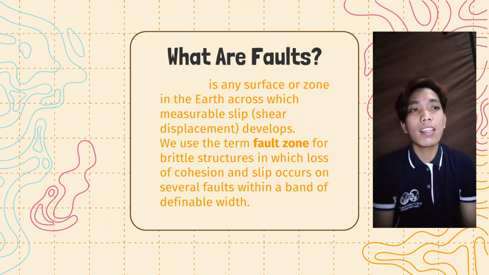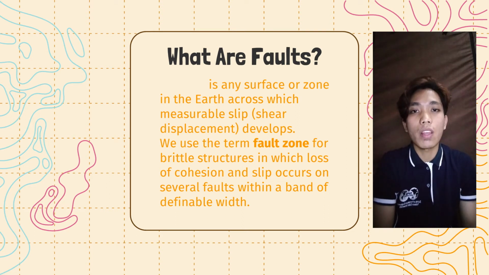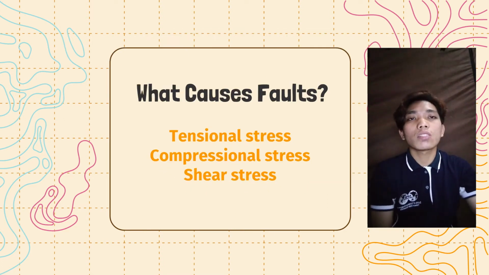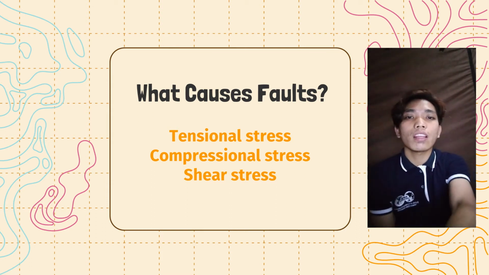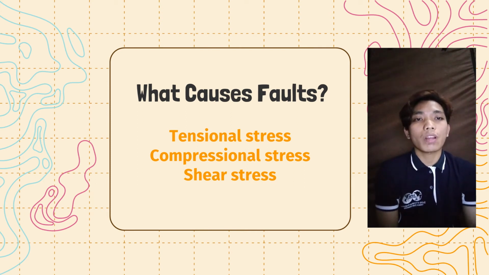So faults are cracks in the Earth's crust where movement occurs on at least one side. In order for a crack in the ground to be a fault, one side or the other has to move. But sometimes both sides move too. So in order for us to understand why we have faults, let us discuss what causes faults. We have three stresses that cause faults, which are tensional stress, compressional stress, and